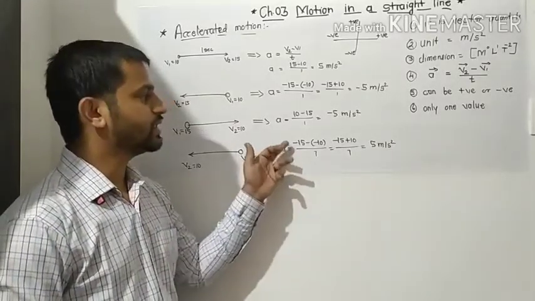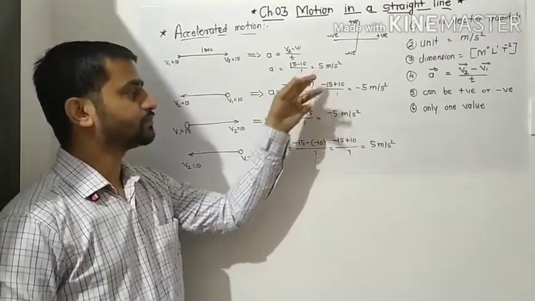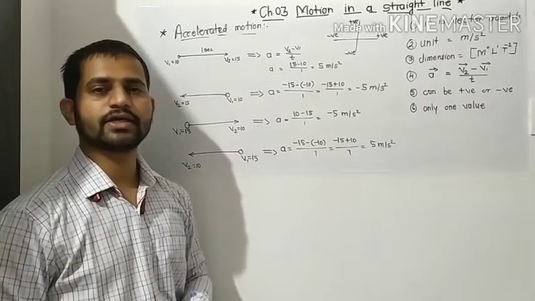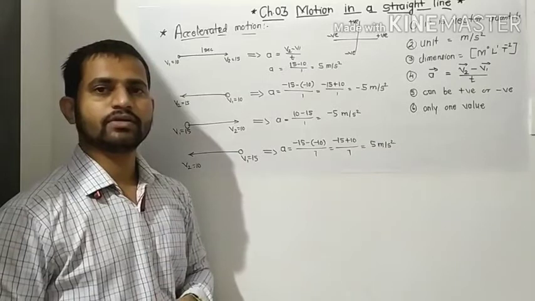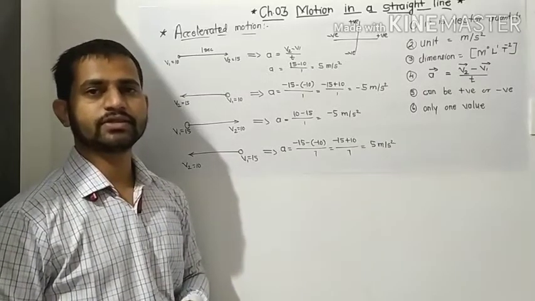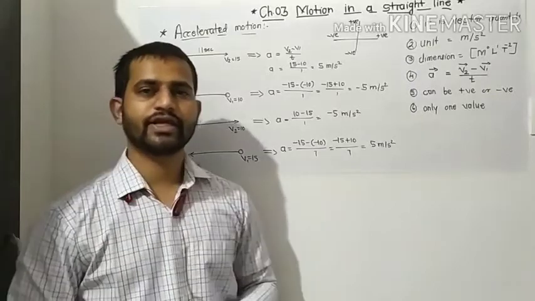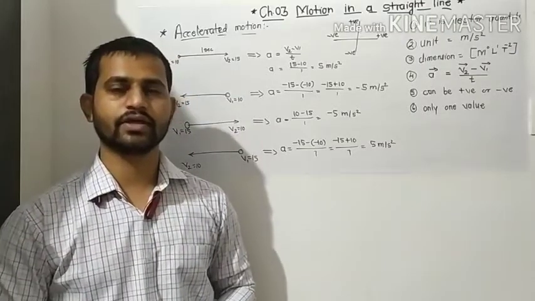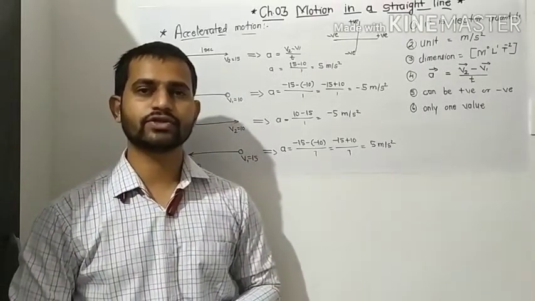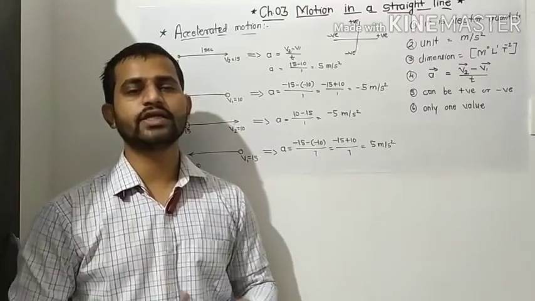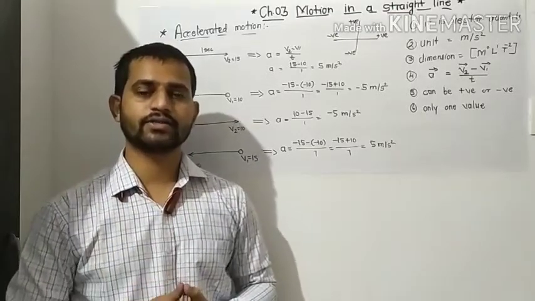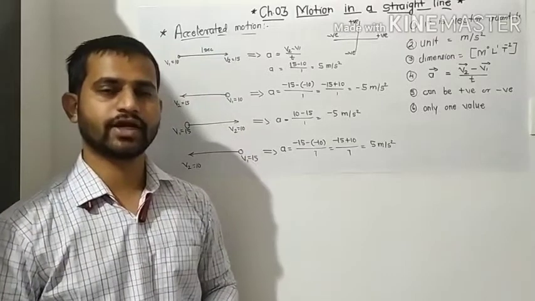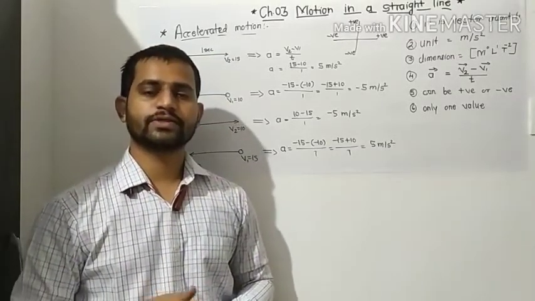So in such cases, when we say there is a positive change in the acceleration or a negative change in the acceleration, we have to go for 2 types of values. If there is a positive value of the acceleration, it is the acceleration, and if there is a negative value of the acceleration, it is the retardation. Retardation means what? Initially the body is moving with the higher acceleration, but after some time it has the lower acceleration. Retardation means the speed becomes low.